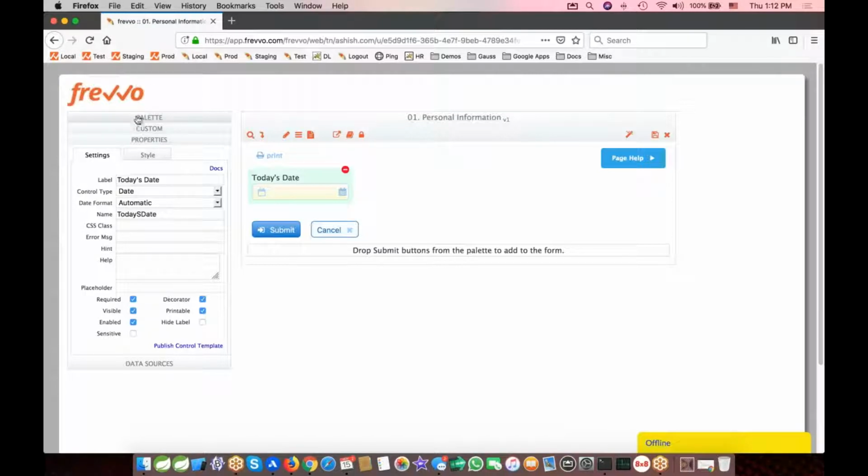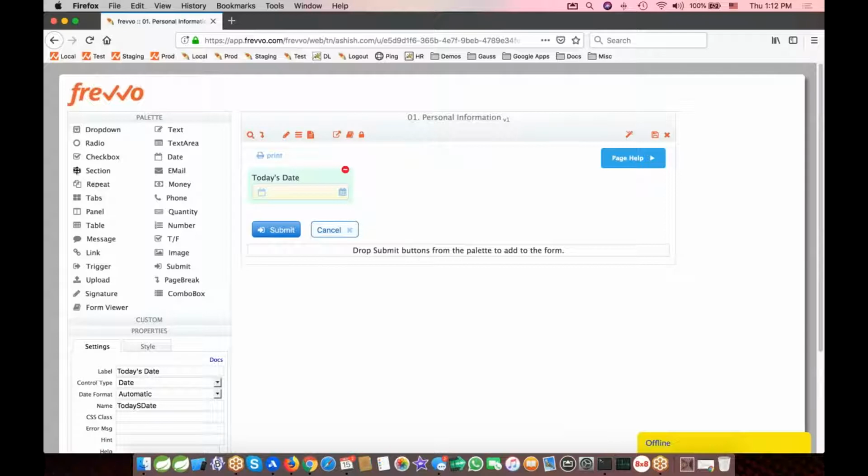Let me drag a few other controls in here first. So now I'm going to drag in a section. A section is a repeating control. Now, as you drag and drop, you can see that there's an arrow that's pointing where this control will drop. So when I hover over today's date, when I'm pointing it down,